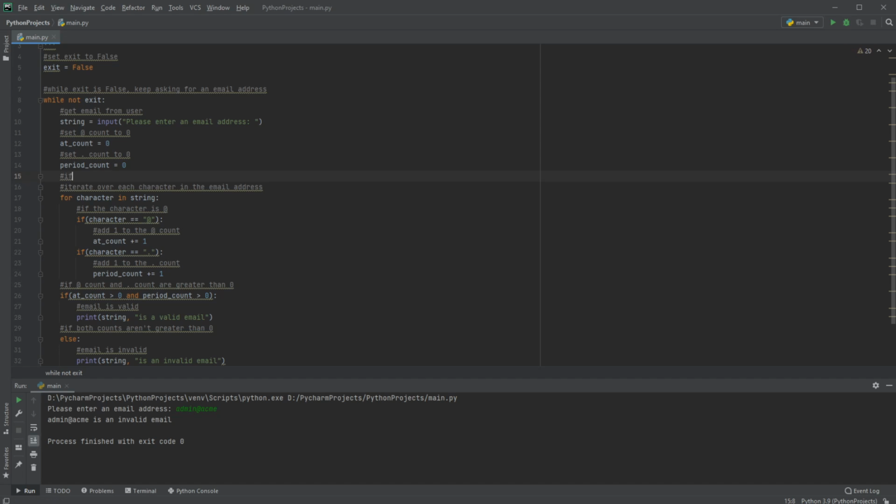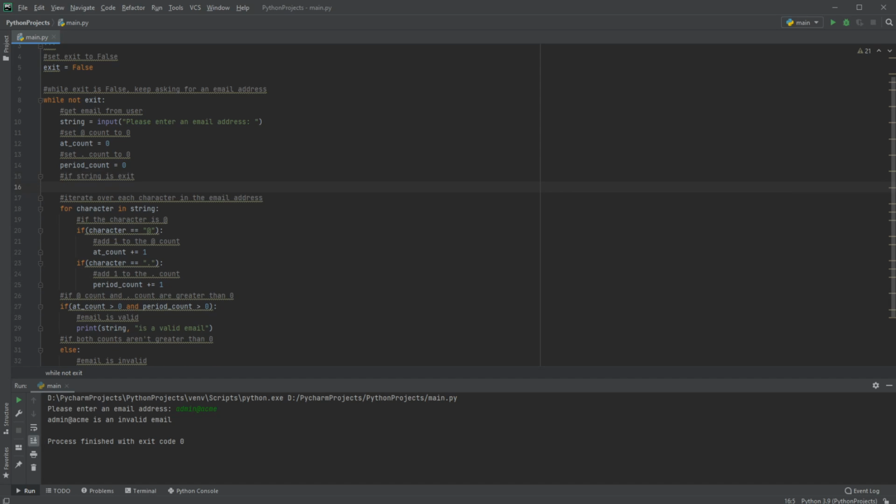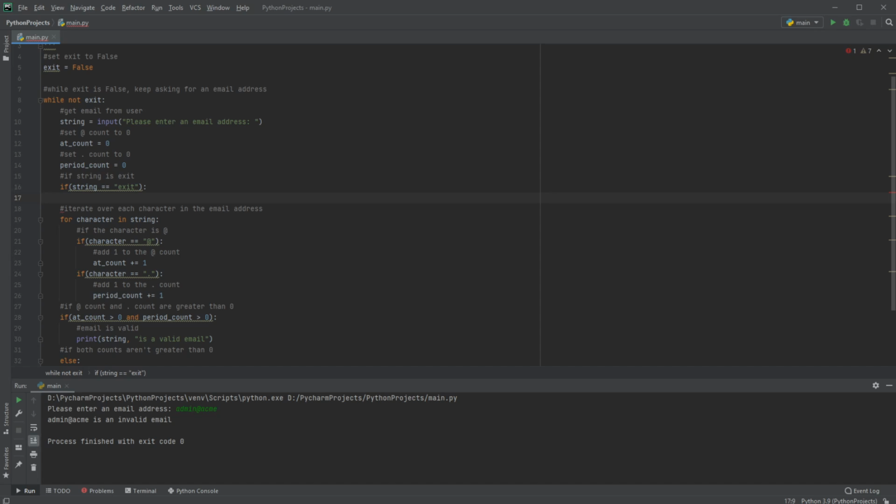We'll do our comment first. So if the string is equal to exit, sets exit to true,